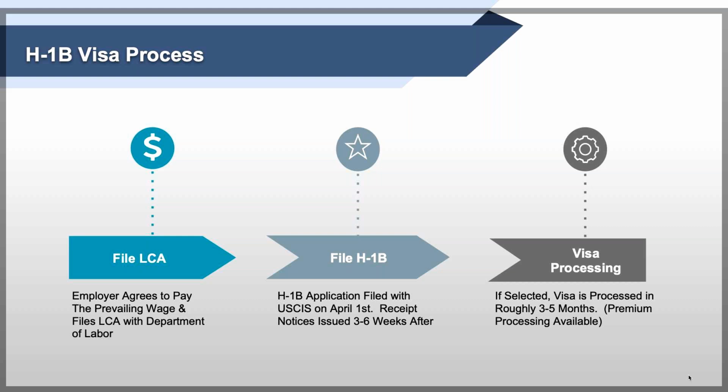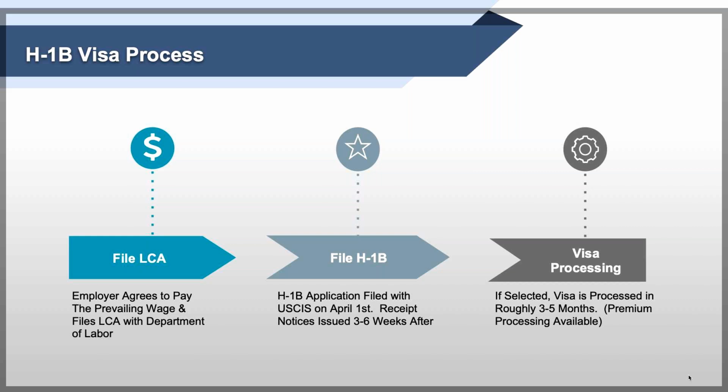Now, one of the questions I typically get is whether or not to premium process an H-1B visa petition. Premium processing is an optional program through USCIS that allows employers to pay an additional $1,410 to get an answer on their petition within 15 days, as opposed to the many, many months it can often take to get an answer on a petition. Typically, I advise employers, except in some exigent circumstances, that it's not worth their money to file with premium processing